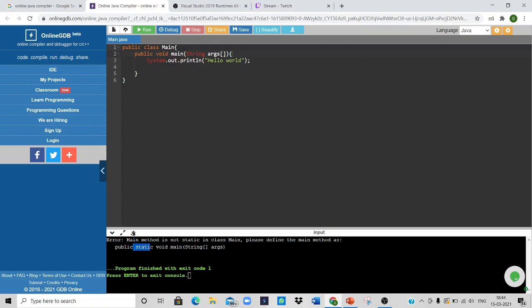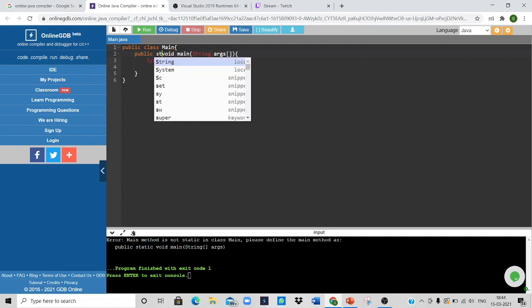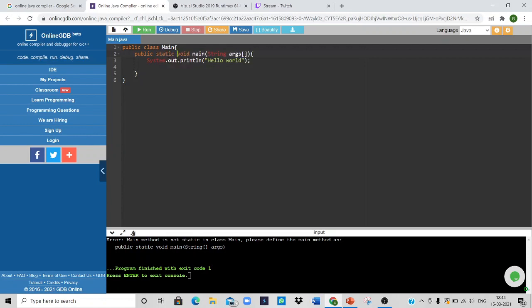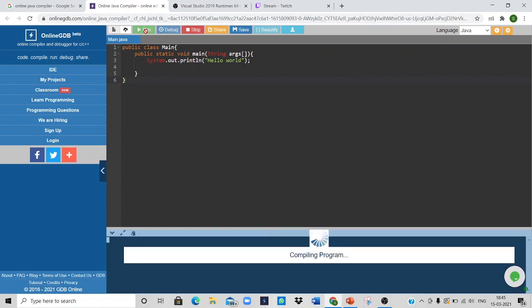Can you see that? That's why I gave the static modifier, because the main method should be static. A static method cannot be accessed by any other methods, because here the authority is the main method, not any other methods. For that we have to use static as the modifier. It is called a non-access modifier. It is mandatory to have a main method. Now if we run it, we'll get the output.